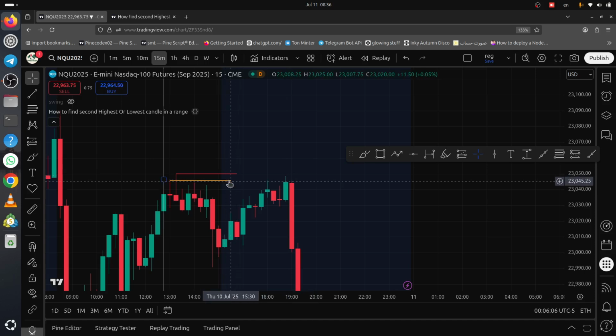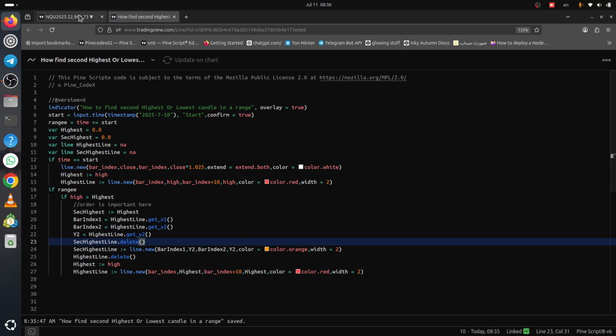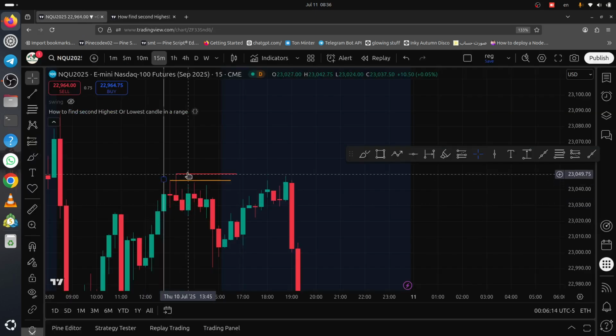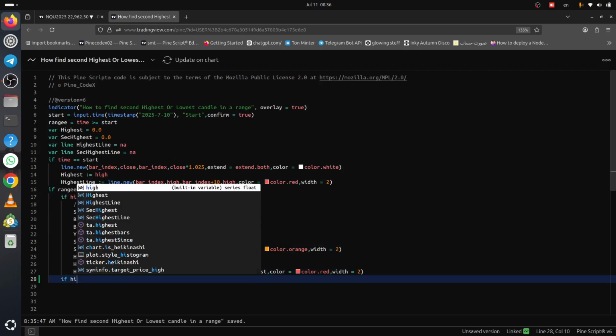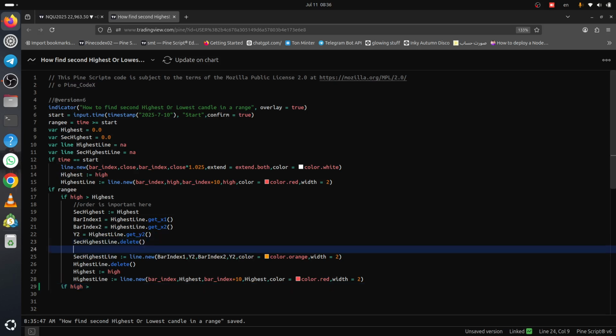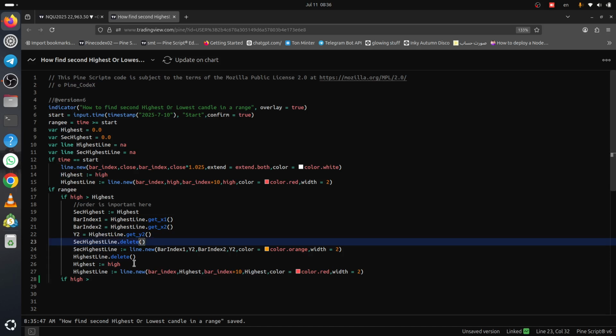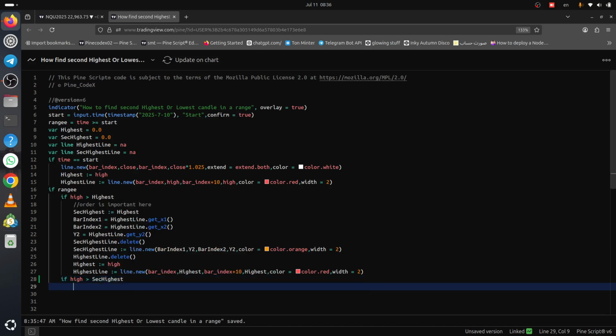Can you see? So we say, okay, because there isn't any new high here, but there is a high here, we have this. So what we can do is say here, if high is higher than second highest,